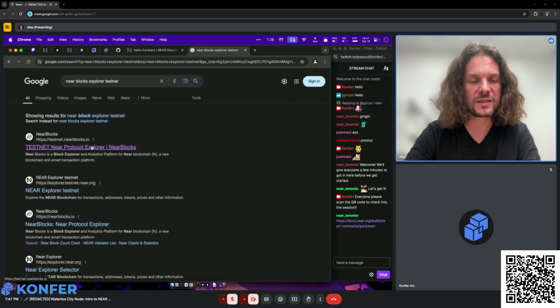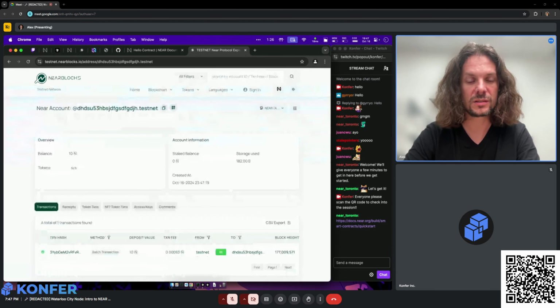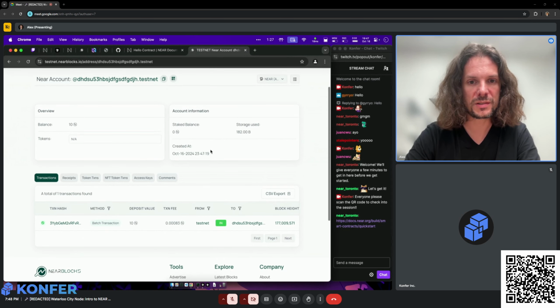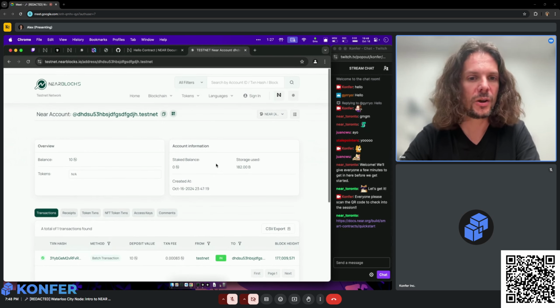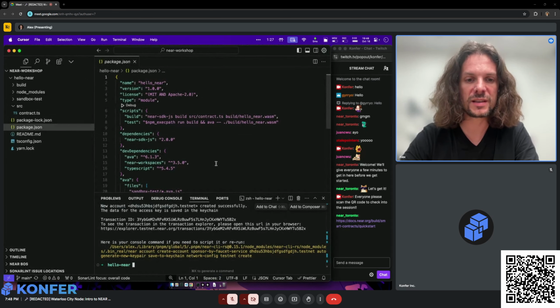And there is a really nice service offered by NEAR Blocks, which allows us to just do a quick search and see, okay, this testnet account was just created, right? It shows here that it was created very, very recently. Now the time here is not local time, hence why it might be different from what you see on your computer, but if you look at the minute and second, it shows that it was created just a minute ago. Okay, cool. So we have an account, and because we created it in the CLI, we also have the